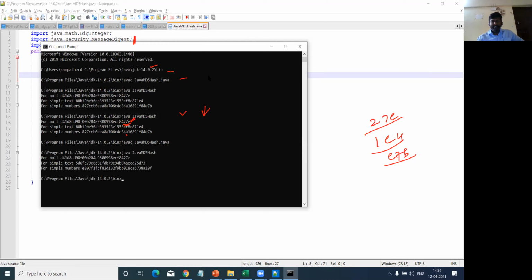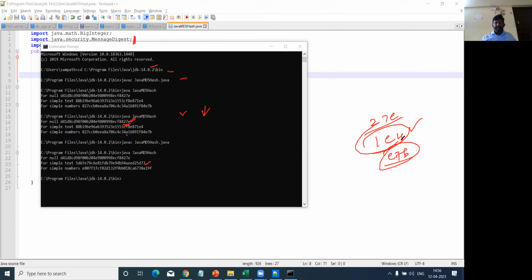So here you can see the difference. I did not make any changes with the null value because it is null. If you notice the changes in the second element, earlier that was a simple text, but I changed it. This was a system security lab. The earlier hash value, I'm just taking only the last three characters, was 1e4, and here it is d73.